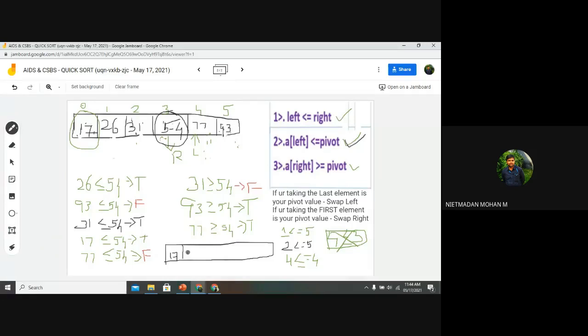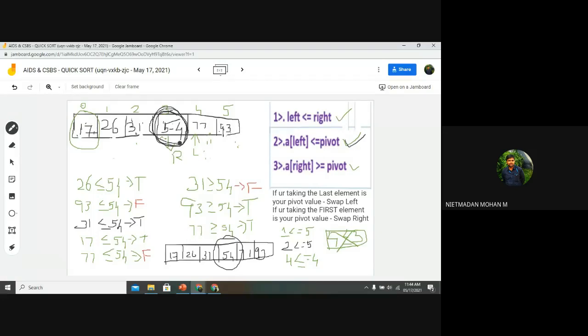So it is already sorted. If you are doing it manually, the sorted elements will be like this: 54, 77, and 93. You can see the index value of 54 will be 0, 1, 2, and 3. So here also we found the index value of 54 as 0, 1, 2, and 3. So this is the first step.